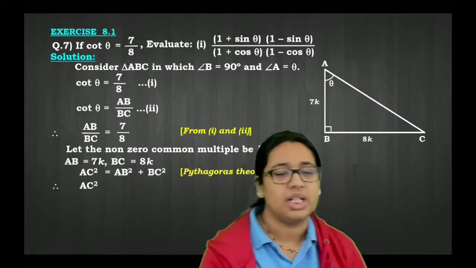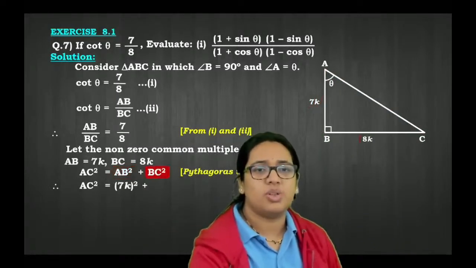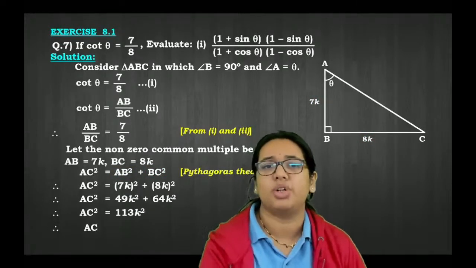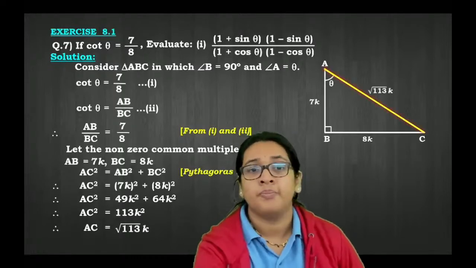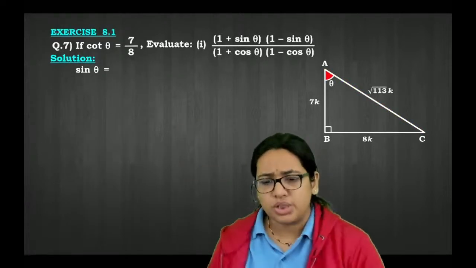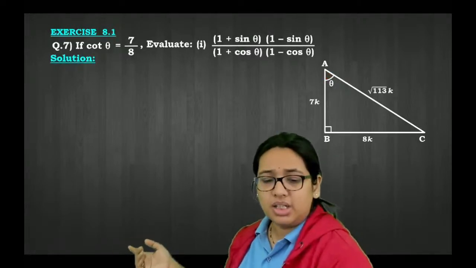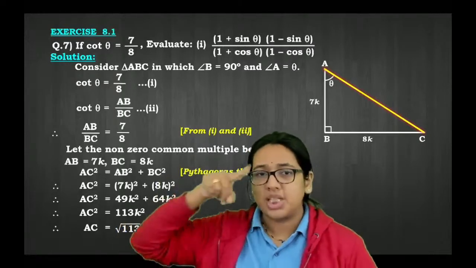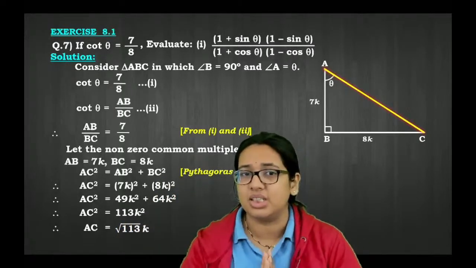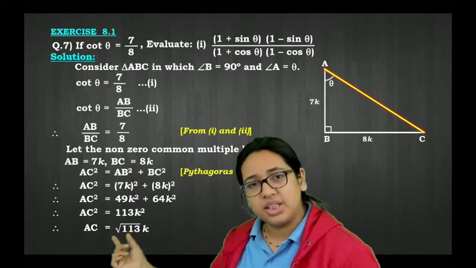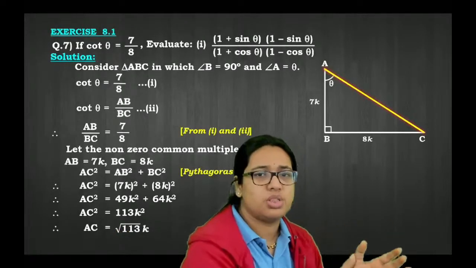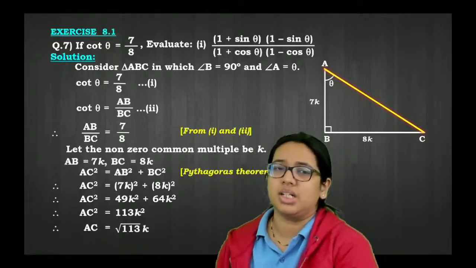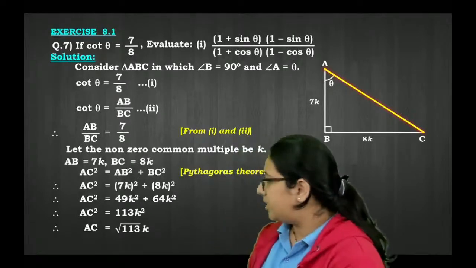पाइथागोरस थ्योरम का यूज करोगे। AC स्क्वायर इक्वल्स टू AB स्क्वायर प्लस BC स्क्वायर, व्हिच इज नथिंग बट C स्क्वायर, विल बी 49 टाइम्स K स्क्वायर प्लस 64 टाइम्स K स्क्वायर। देखो बच्चों को डाउट इधर आता है कई बार, क्या करें अगर वो वाला केस आपको परफेक्ट स्क्वायर नहीं मिलता है। पिछले वाले क्वेश्चन में भी हमने रूट 7 एज इट इज कंसीडर किया था, अगर आप ये सिंप्लीफाई कर सकते हो, मतलब फैक्टर्स ऑफ परफेक्ट स्क्वायर इनटू समथिंग लिख सकते हो तो फिर ठीक है, अदरवाइज जो नंबर आपको मिल रहा है आपको एज इट इज कंसीडर करना।